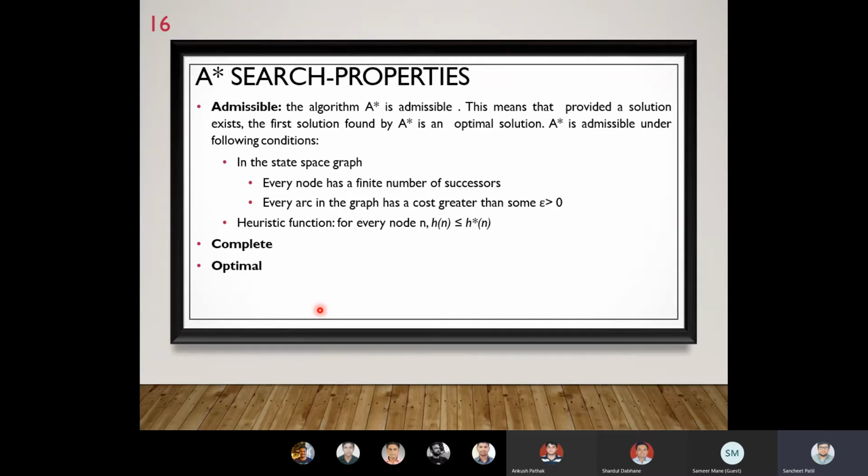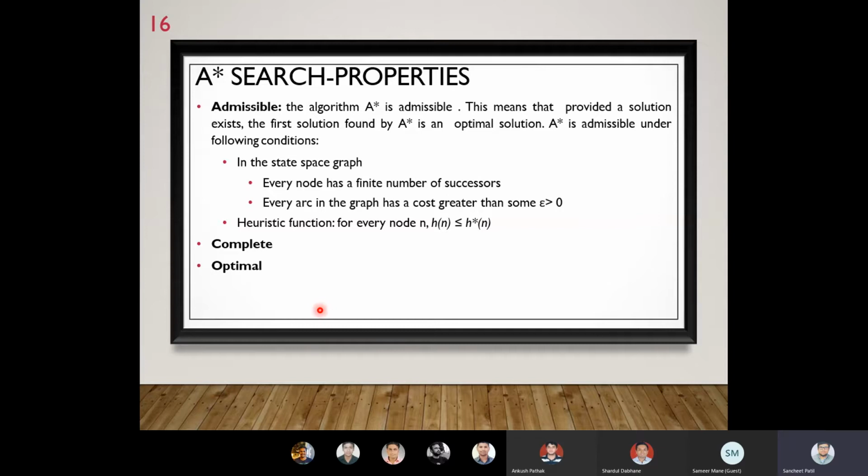This A star algorithm is also a complete one. Complete means it will give a solution for a complex problem if it exists. If no solution exists, it will give an output that there is no goal state, or the goal state can't be achieved. At least once, it will give you that the goal state is achievable through this path, or through this solution.